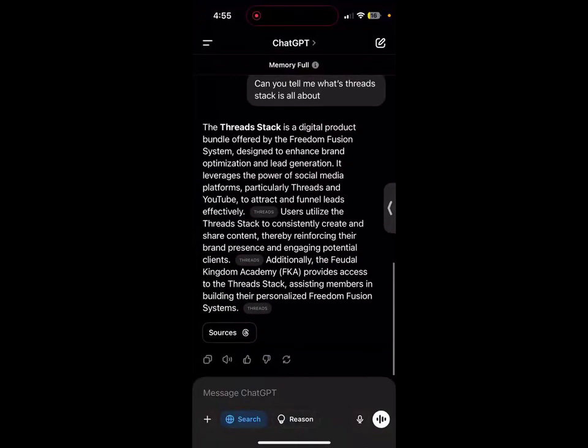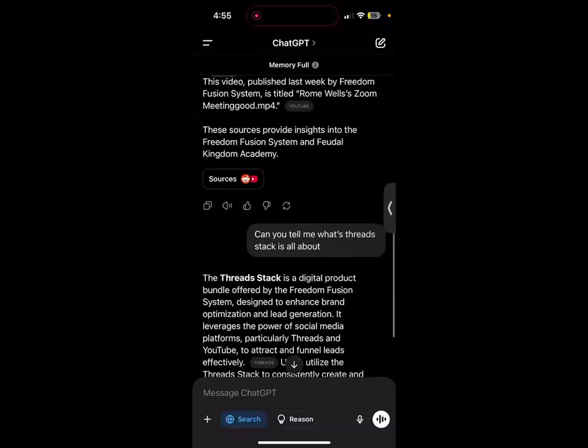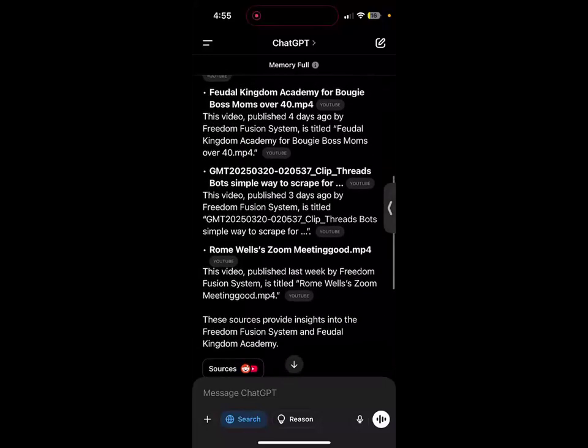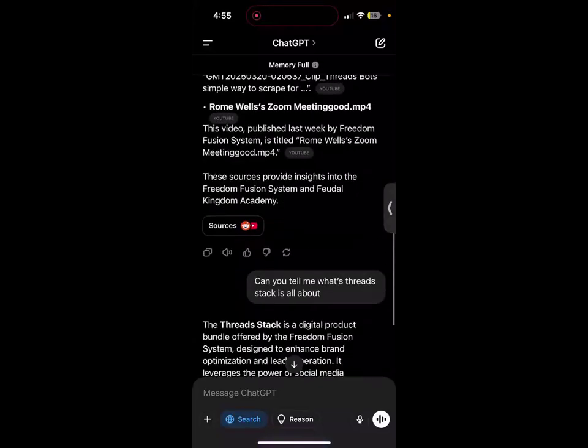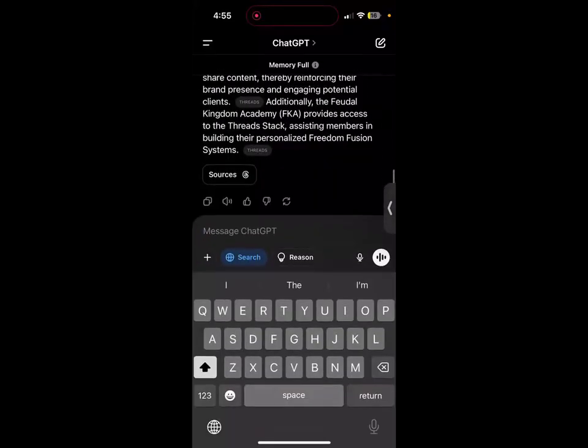For example, if you say what's going on Buy Me Coffee, it's not going to scrape Buy Me Coffee because Buy Me Coffee has filters, robots.txt, that says no, you can't scrape me, right? That's why you've got to have the Threads bots RAG, your own RAG that allows you to scrape things. And Buy Me Coffee allows you to scrape things in more detailed ways, and I'll show you guys how to do this more.